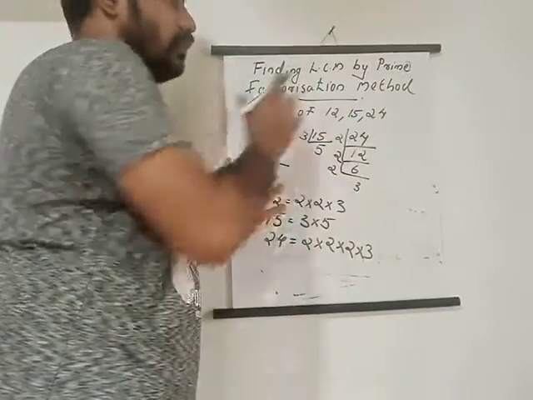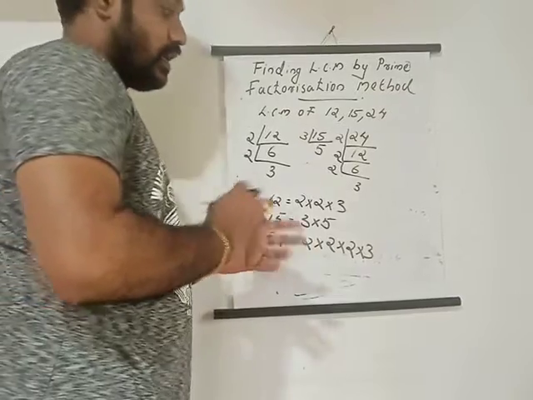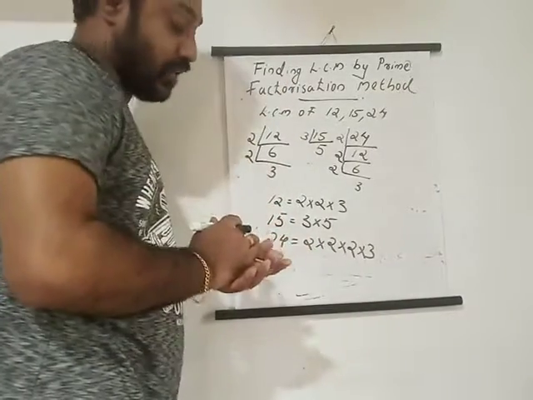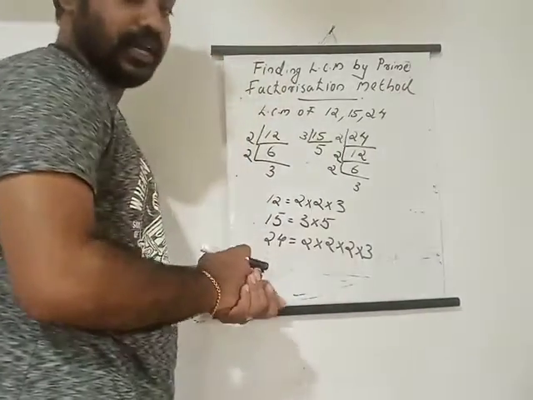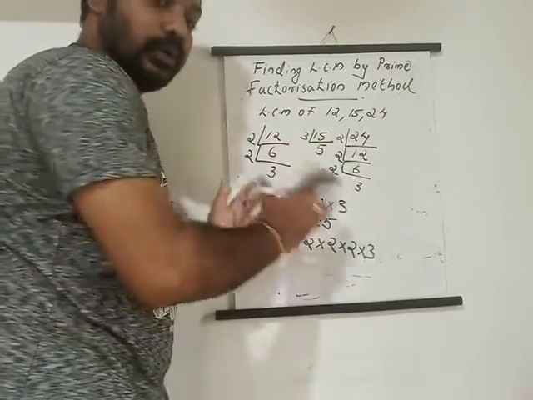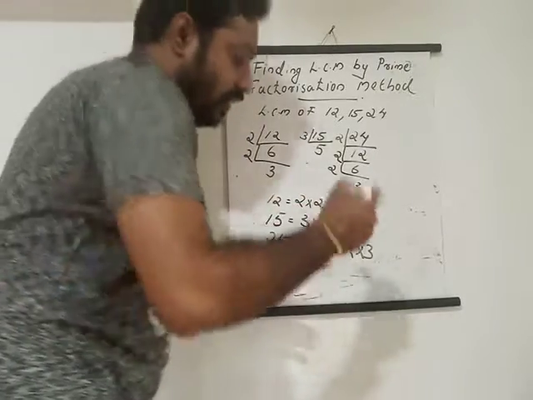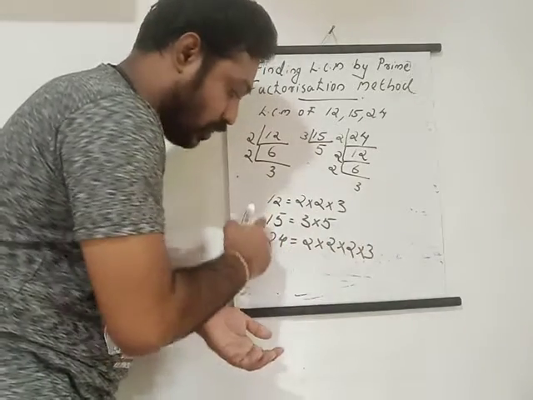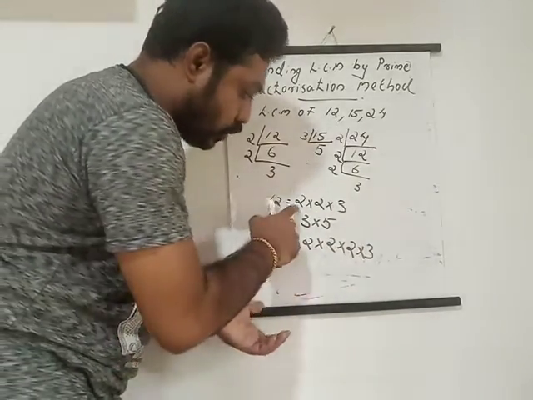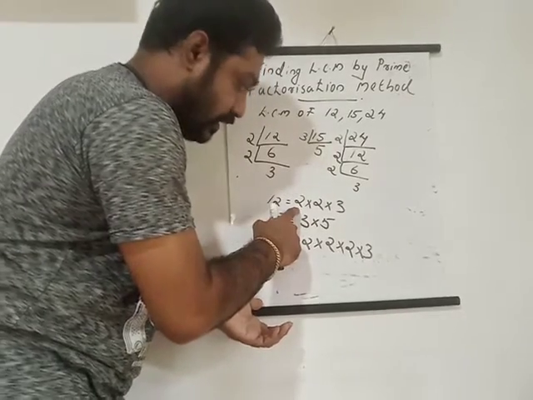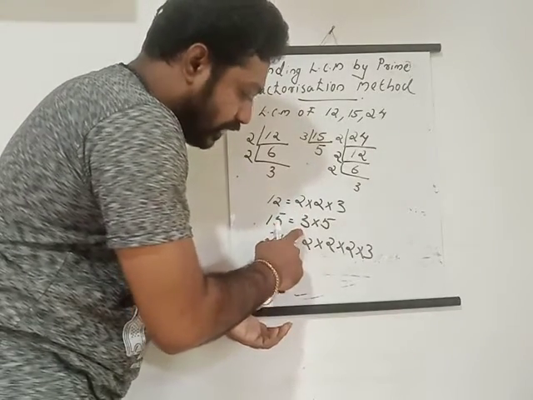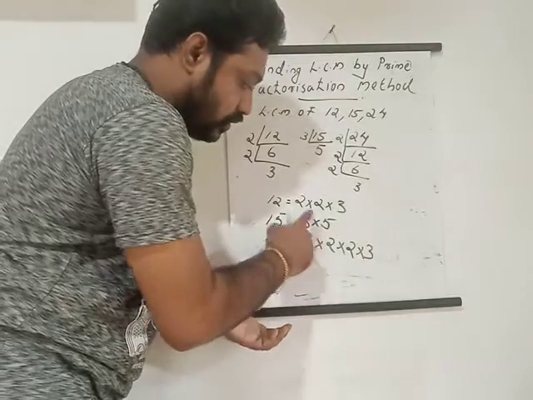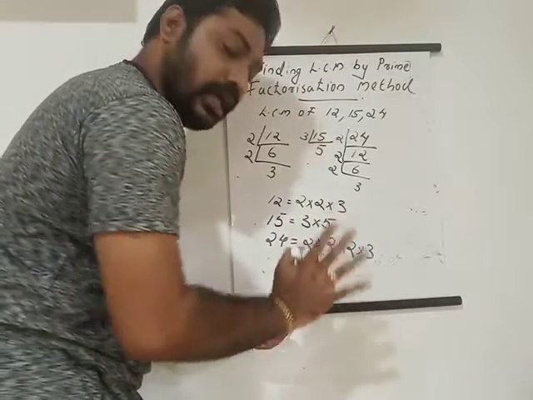So what we have to do? We have to find out the LCM. In the case of HCF we made pairs to find out the HCF. Here it's very simple. We can see what the numbers are here, in all three, 12, 15 and 24. You can see that 2 is here, 3 is here, and 5. So 2, 3, 5, these numbers only are here.